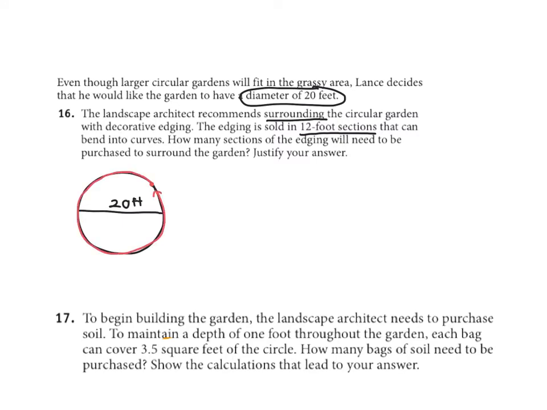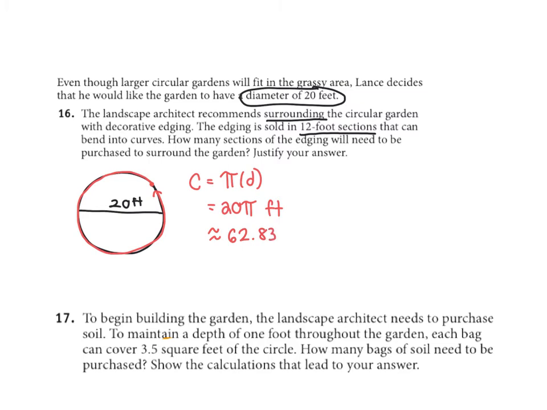Anytime we're talking about the distance around an object, we are referring to the circumference. So the first thing I need to find is the circumference. Circumference is pi times diameter. My diameter is 20, so my circumference is 20 pi. Again, if I want an exact answer, I can leave it as this. If I want a decimal, I'm going to multiply 20 times pi in my calculator, and I'm going to get approximately